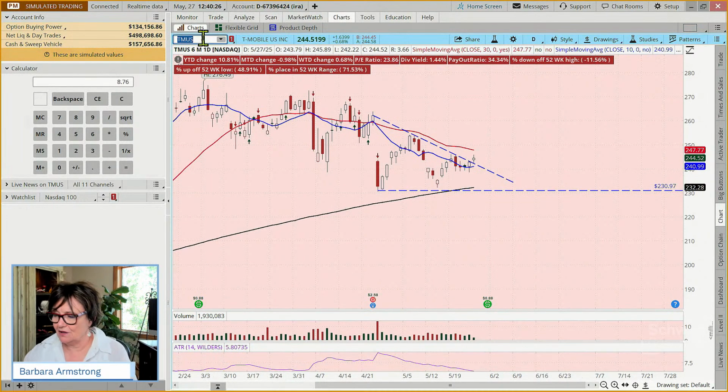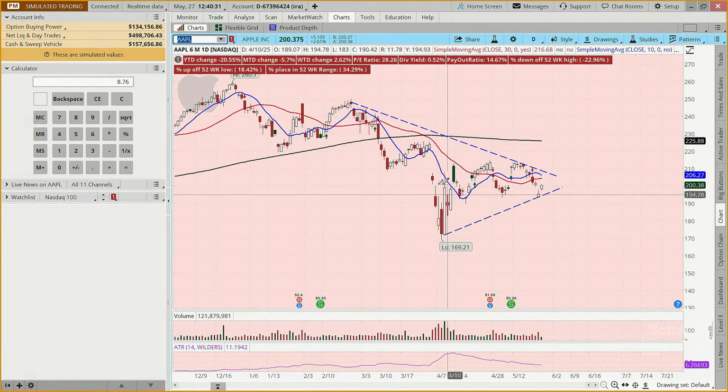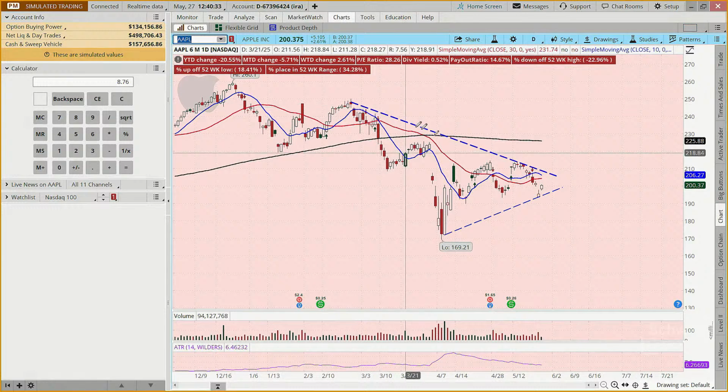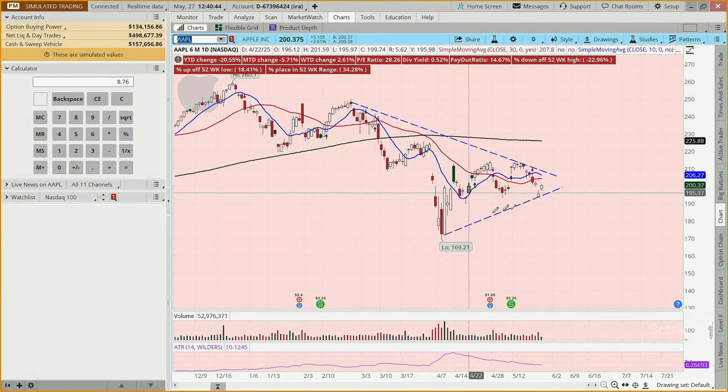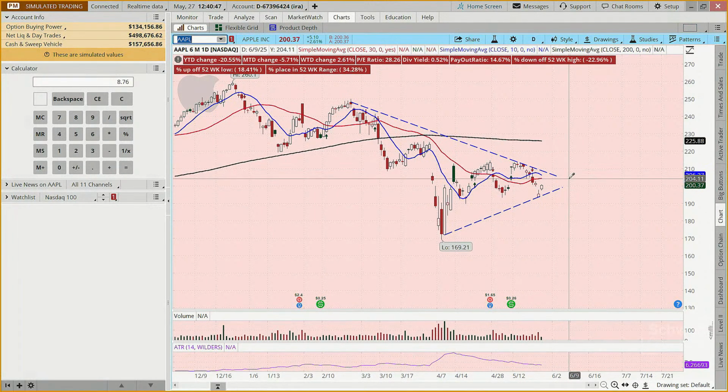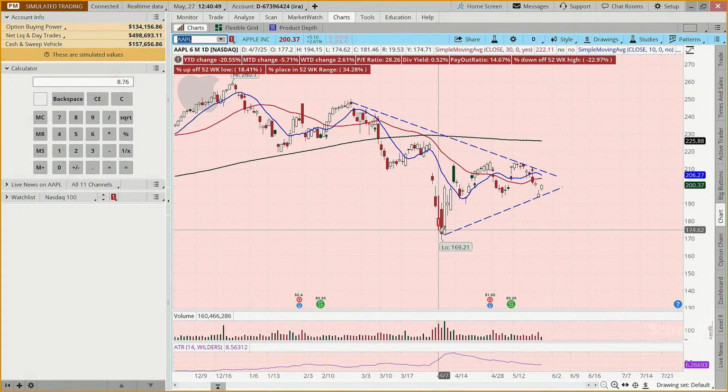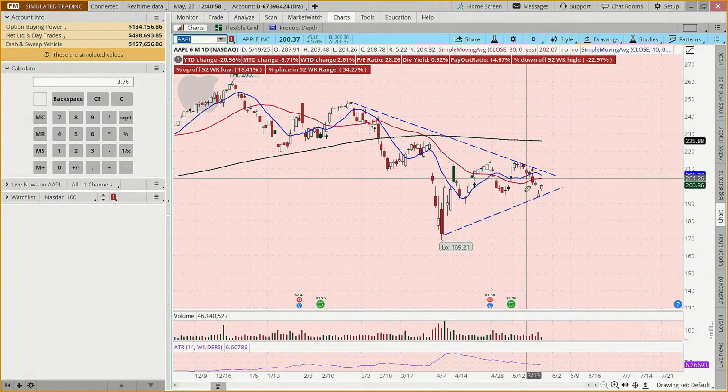If we look at Apple, being one of the Mag 7, we've had lower highs here, but now we've got a higher low. And might this break out? It's still trading in the midst of this range, and we've only got 2 touch points here. So some might say it might be interesting, but I'm going to wait, or they might want to put an alert on it.